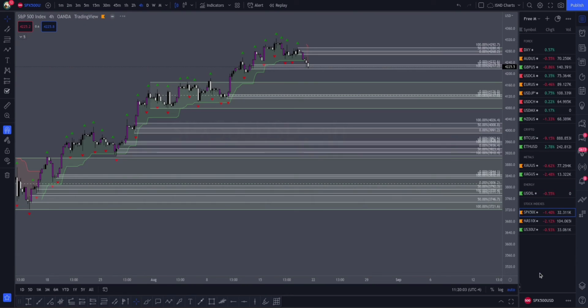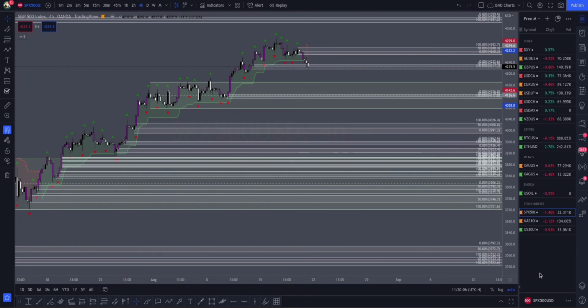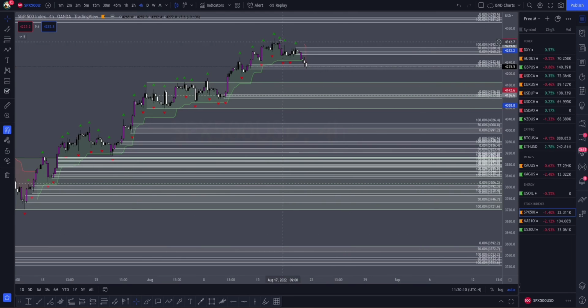SPX 500. All right, short-term currency bias is undecided on this pair. We are currently in a downtrending leg. We're pretty much at the start of a downtrending leg. You guys can see where I came in and took some shorts here because of that. But anyway, we are on a downtrending leg, so I'll be looking